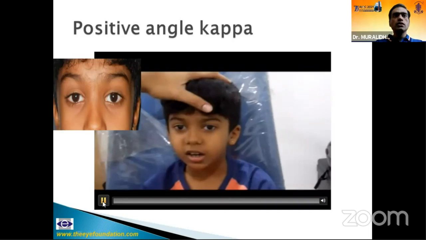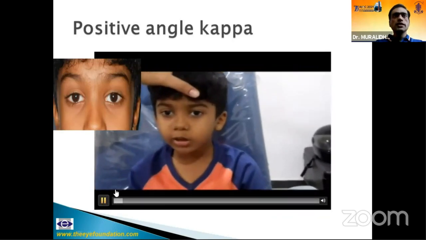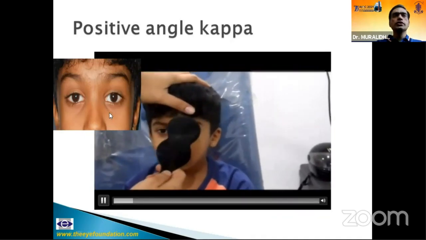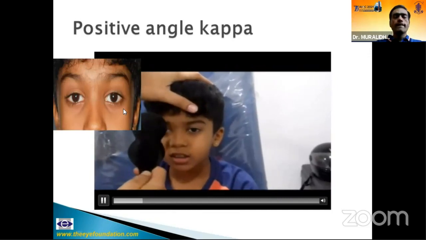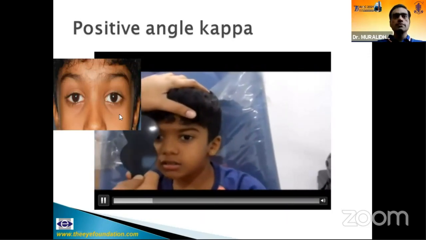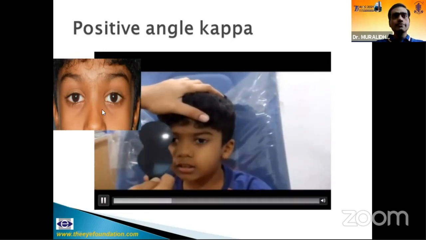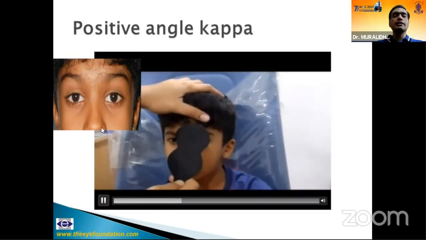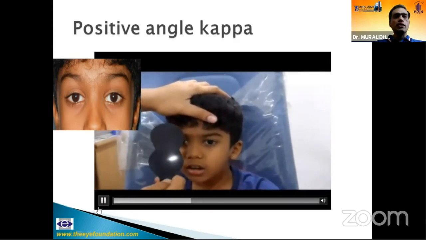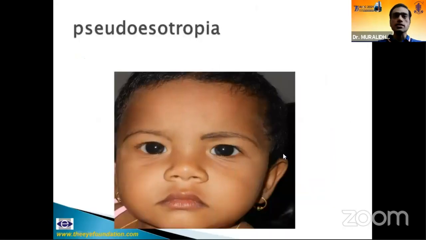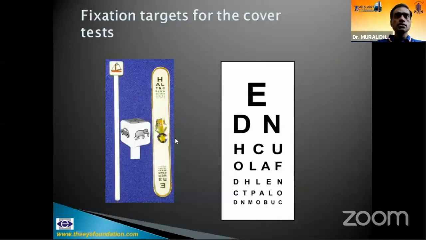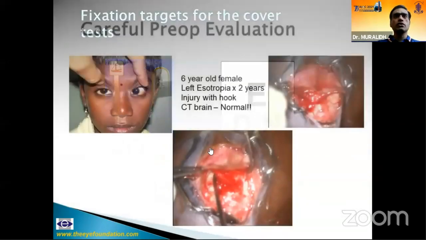So even before we say that a child has strabismus, please note that you should exclude a pseudostrabismus. This patient on a cover test is fully orthophoric, but if you just do a Hirschberg or a Krimsky, this patient seems to be having an exotropia. So, of course, this patient also doesn't go for surgery, neither does this patient. The mother complains of strabismus, but this patient has epicanthus inversus. So if you bunch up the skin on the nose, the strabismus could go, or if you just do a cover test. Always use accommodative targets for cover test.